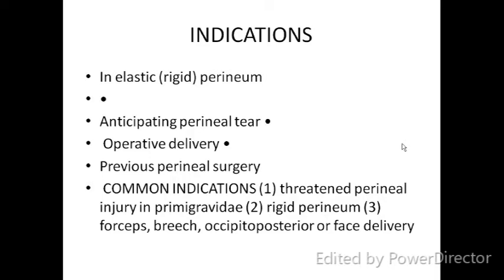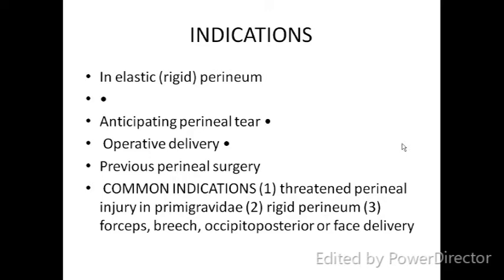So in that also we used to give episiotomy. Operative delivery, that is forceps delivery or ventouse delivery. Okay, previous perineal surgeries, as maybe the patient has had an injury in the perineum, accidental injury, history of fall, anything which has caused injury to the perineum, and there is already a stitch. In that case we used to give episiotomy.